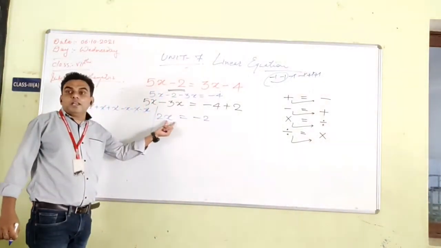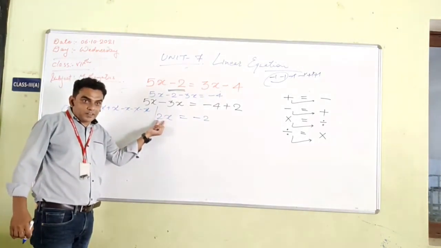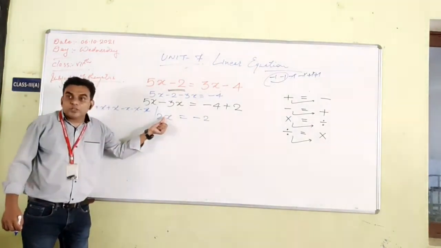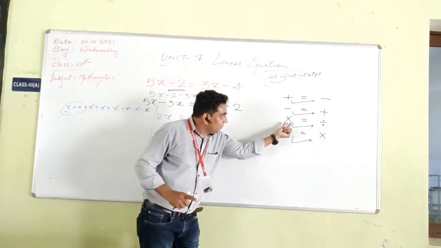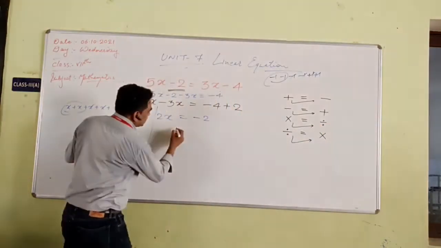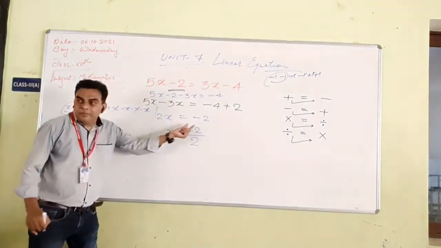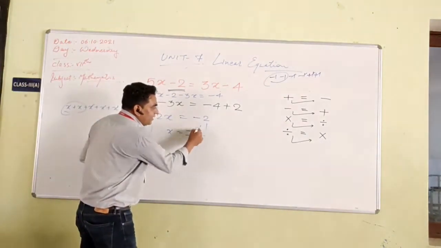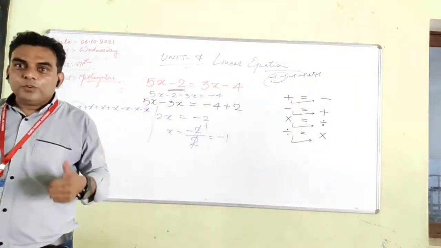But still, we want only x. So that's why you have to remove the 2 from here. But 2 is in the relation of multiplication. Here nothing is there, you can just see. Here 2 is in the relation of multiplication. Whenever the multiplication goes to the other side, it becomes division. So you can just say that x is equal to minus 2. These 2 will come here divided by 2. So 2 ones are 2. And what is the answer? Understood? If you want to write, then write.